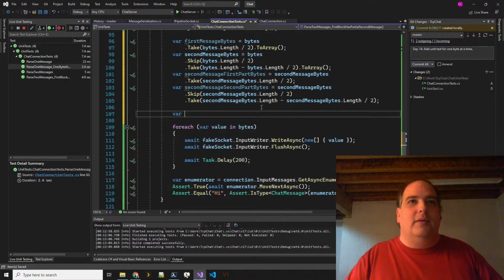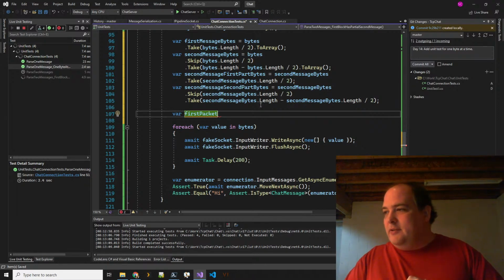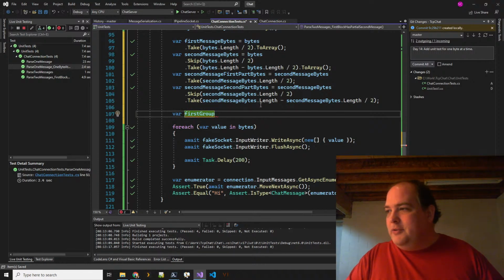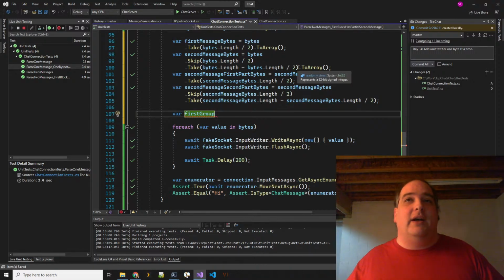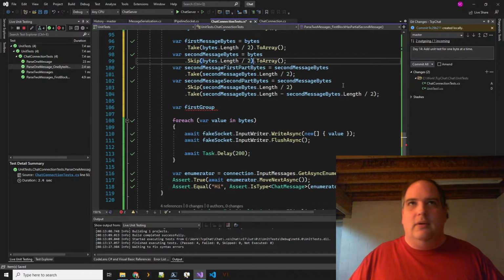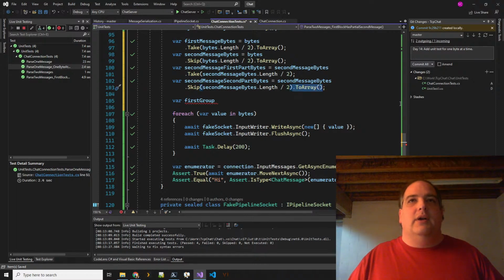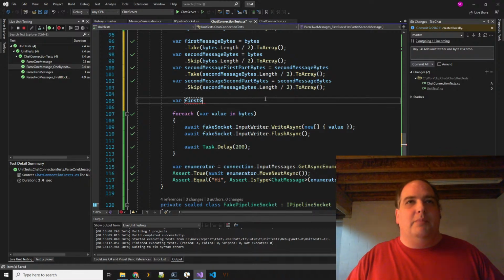So here's my first, I'm going to call this packet. Technically it's not packets. We all understand that at this point. I'm going to call it group then. First byte group, sure. The take after the skip may not be needed just to get the rest. Thank you, yes, that's a great point. So I don't even need that. All I need to do is skip on both of these. Toss on a ToArray there. Okay, thank you. All right, so then we've got our first byte group